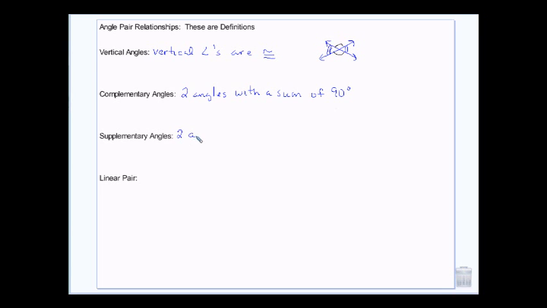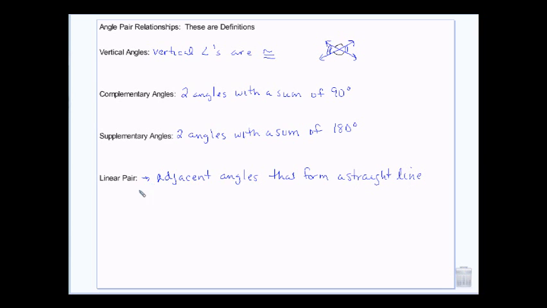Supplementary is very similar, except instead of 90, it's 180. So any 2 angles either touching each other or in 2 different places in space, if they add up to 180, they're supplementary. Then you get a linear pair, and if you recall, a linear pair are adjacent angles that form a straight line. They are also supplementary. So they add up to